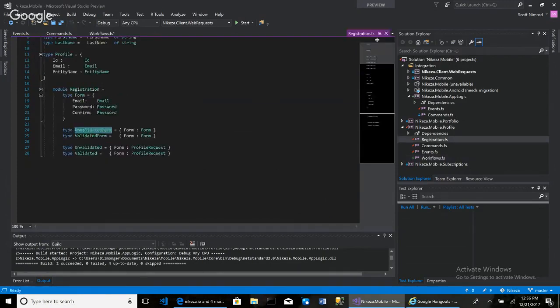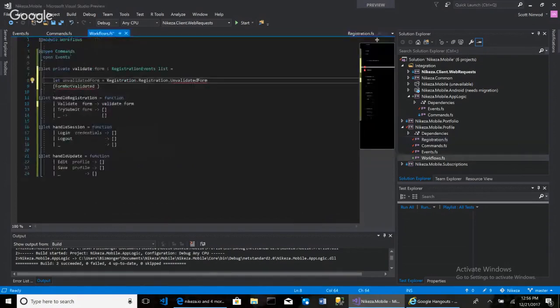If we go to definition of unvalidated form, it is basically a record. So you say form equals form, and the form is the email, boom. All right, so you want to say unvalidated form